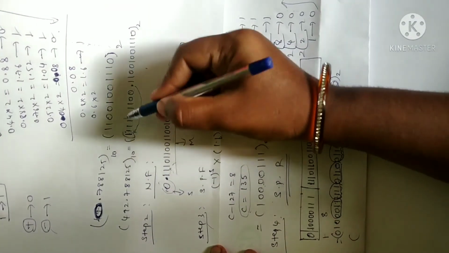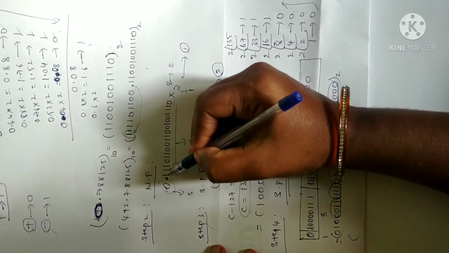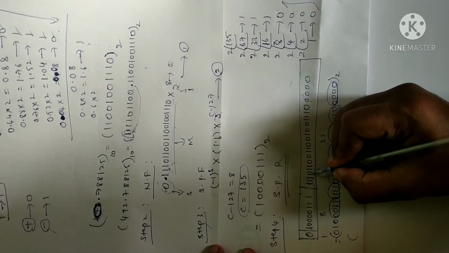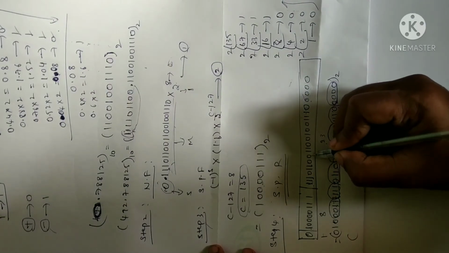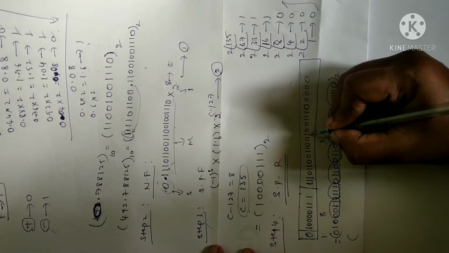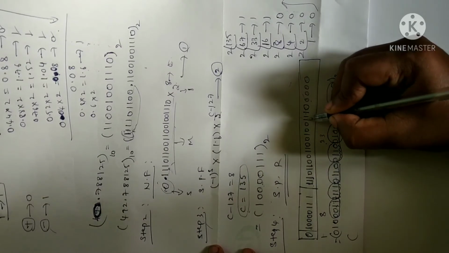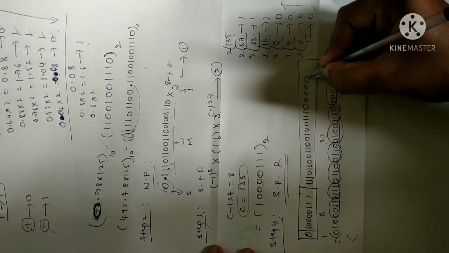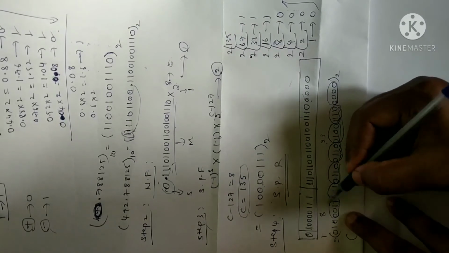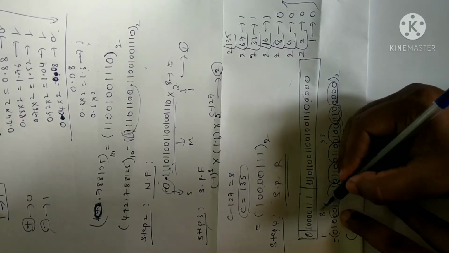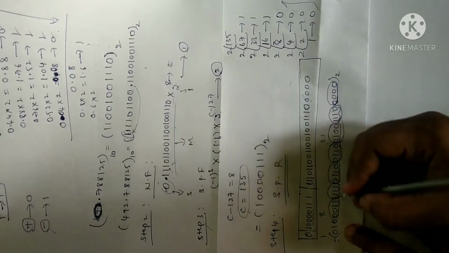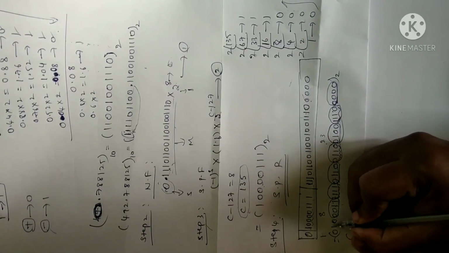So how many bits have I moved? I have to write 3 ones here, right? So 3 ones, then 1, 2, 3, up to 23. Here also there should be the same number of digits, right? So here I have missed a 1 0. See here, after 1 you should have 4 zeros, but I have written only 3 zeros. So let me add a 1 0 here.